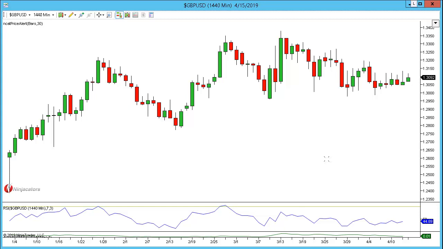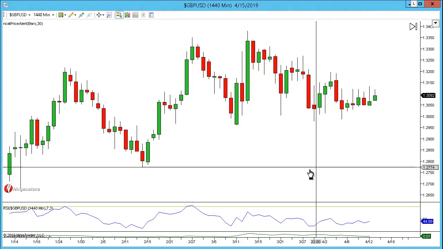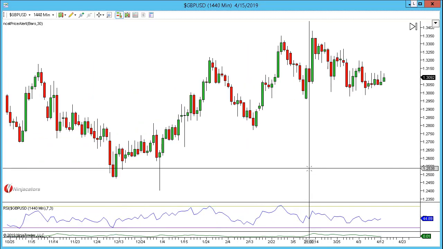Hello traders, we're on the pound dollar on the daily, and I just really want to share some analysis on what's going on here, because there is a heck of a lot if you're a breakout trader, and there's really just too much to go through unless I do a video. So there's lots and lots of opportunities on this pair if it meets your rules,